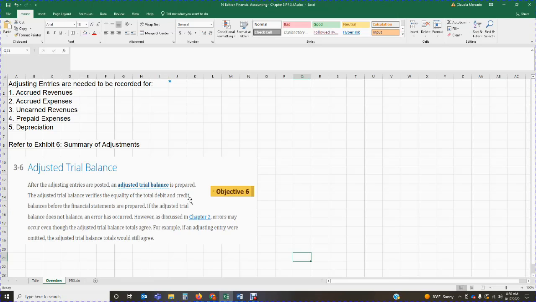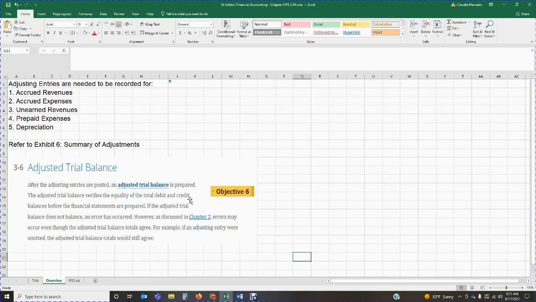I used to work for a $2.3 billion company, and recording adjusting entries was very important, especially when we were getting audited. Auditors would look heavily at our end of month adjusting entries, to make sure that we had accounted for everything that needed to be accounted for, because if we didn't, then that would impact our financial statements, and then that of course would impact our stakeholders. So it's very important that we clearly understand why we're doing these adjusting entries